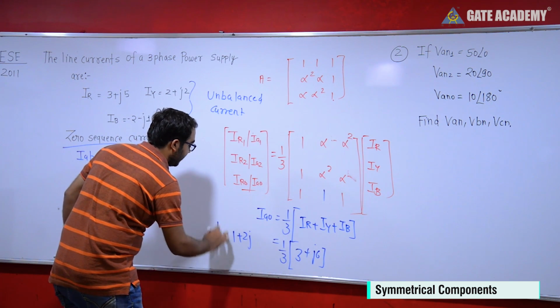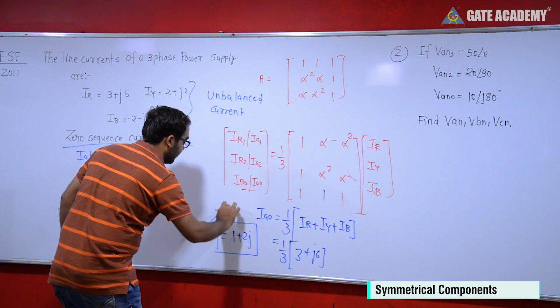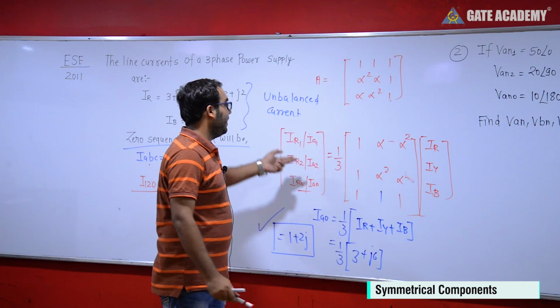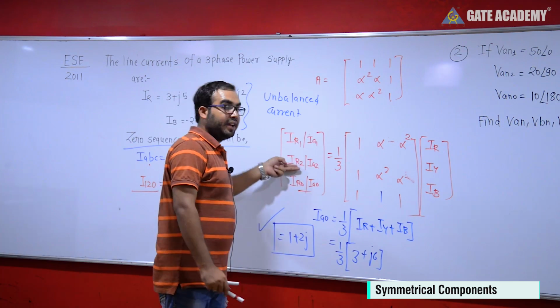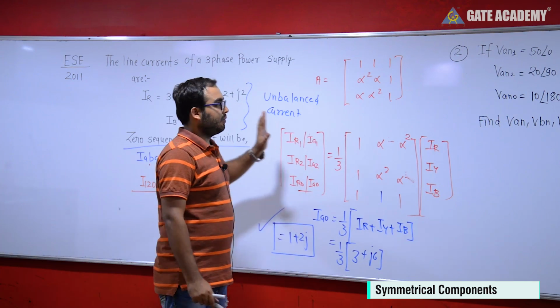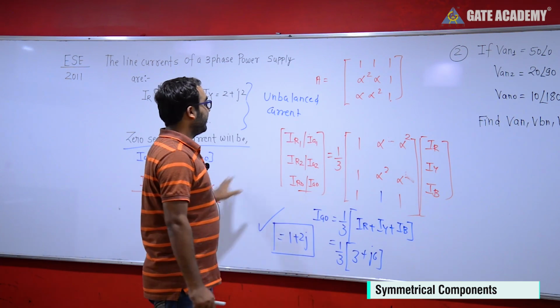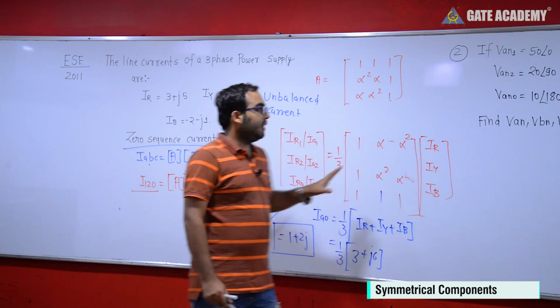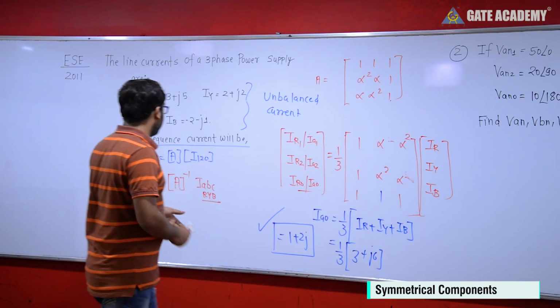This was the option given in the question and this is the answer. This is the basic rule. Here the question was about the zero sequence, but the question may ask to find the positive sequence or the negative sequence. This is the way you can calculate any value. So this was question number 1 about the current. The sequence may be ABC, the sequence may be RYB, but there should not be any confusion. The steps you should know.